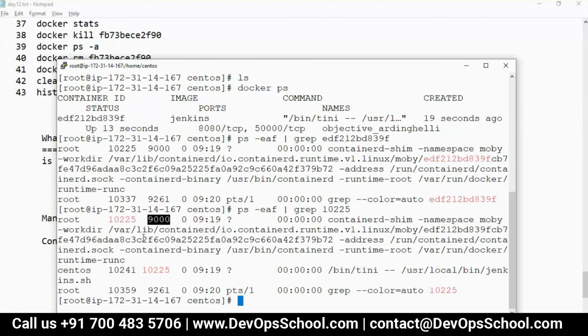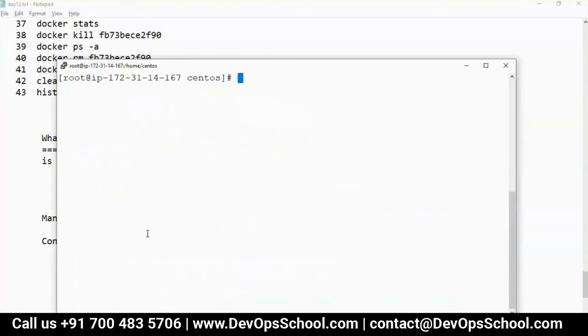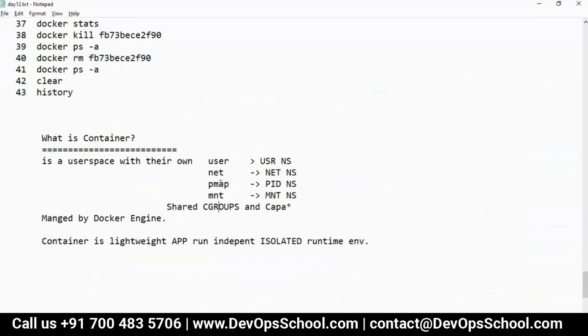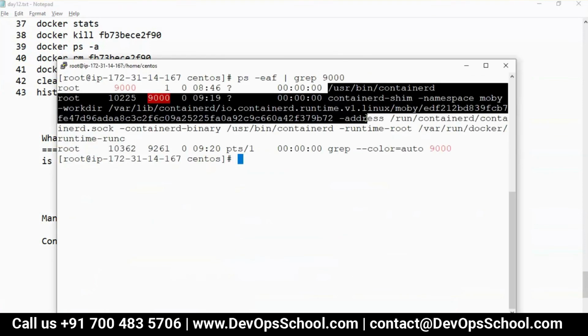Here. Can I process 9000? See, 1. So, container also is like a user with the privileges. Understood guys, this one? Did you understand guys? Yes.